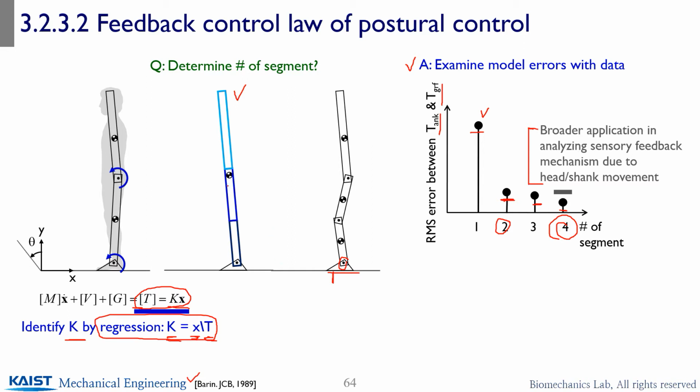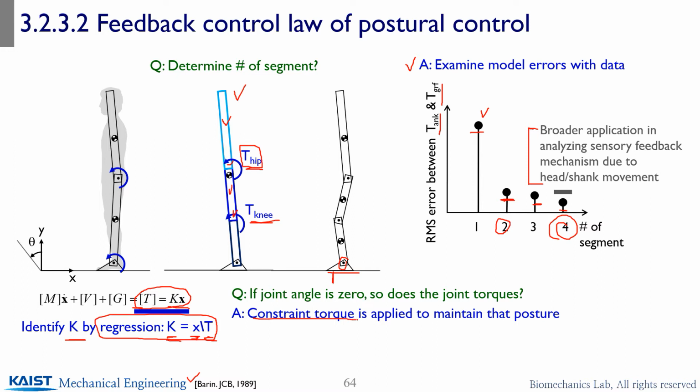One thing I'd like to note is, suppose I assume the human posture as a single segment, what does that mean? Okay, I have a knee joint here and then a hip joint there, but if I made it as a single segment, what that means is the joint angle is going to be 0, right? So this is a line. So if the joint angle is 0, is the corresponding joint torque to make the whole body a single segment also 0? No, because to make this upper segment align with the lower segment, to compensate for the gravity and or the dynamic motion, you should apply the compensatory hip joint torques, what we call a